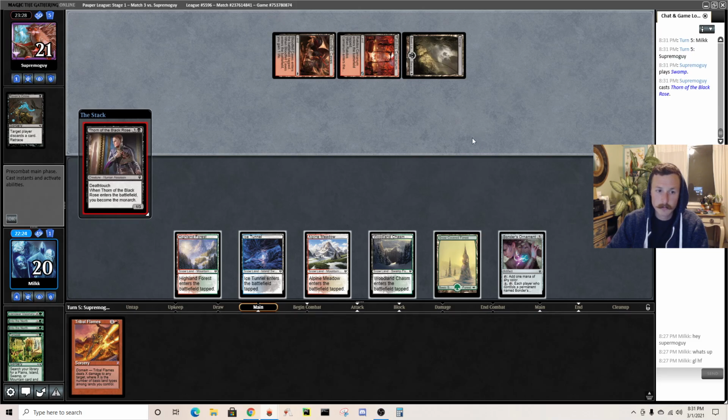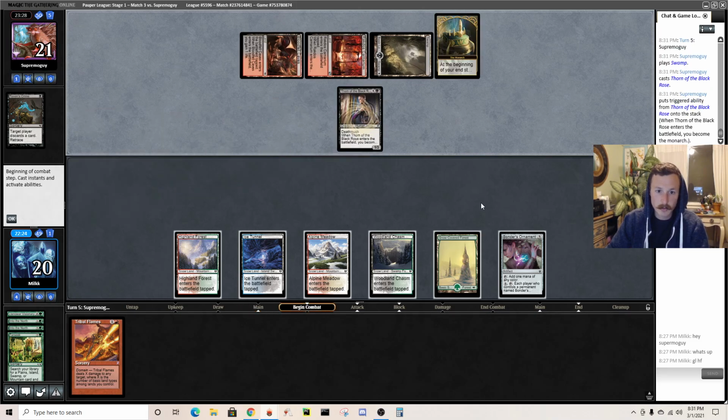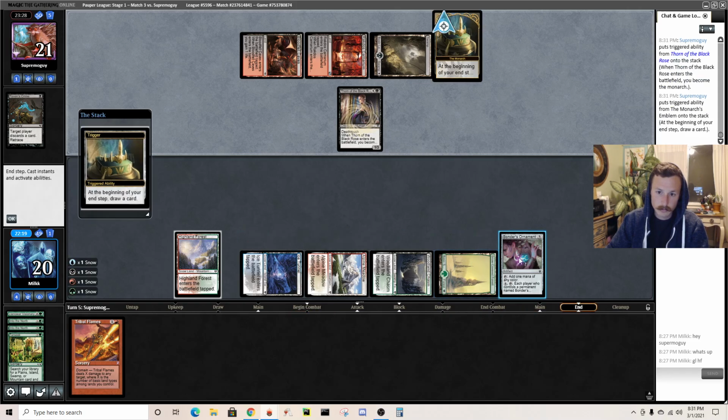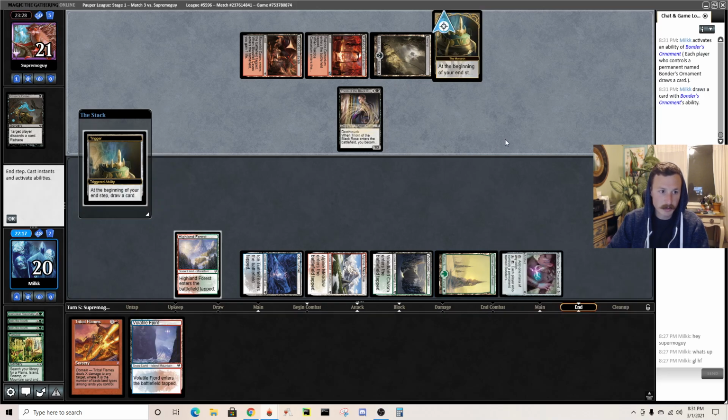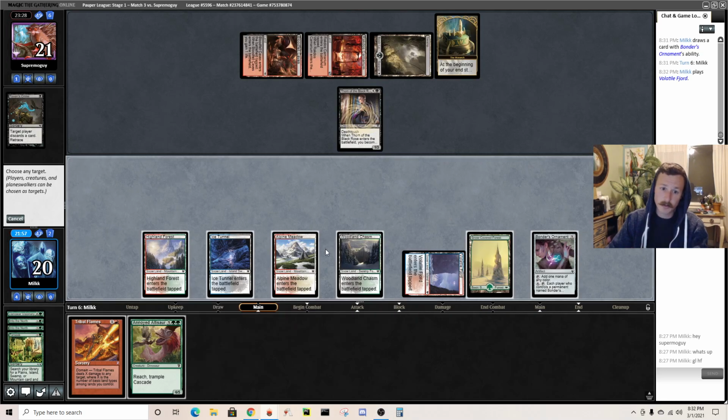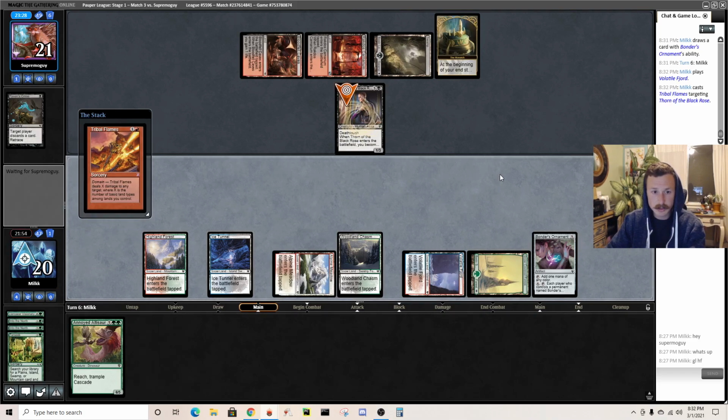Thorn, okay. It's obviously not good for me, but I have a lot of outs. Just need to draw a Boarding Party, basically. Okay, land. So close. I have kind of the same problem. I think what I need to do is play Fjord. Just sucks if they Ravenscry me, which they're probably gonna do. I guess I'm just gonna play Fjord, Tribal Flames this, and hope they don't Ravenscry me because